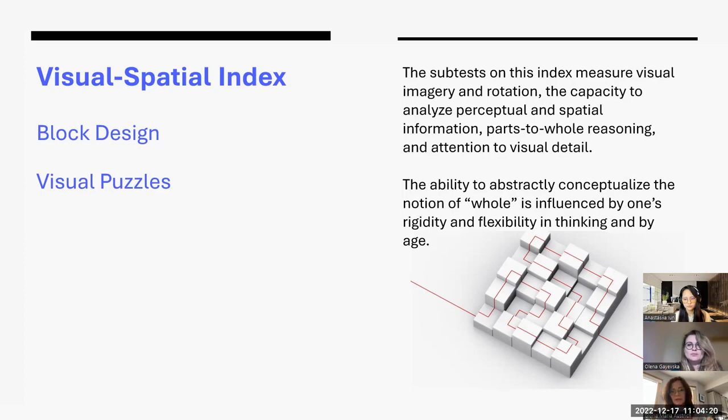But as the items progress, the lines disappear. So it's just a puzzle without the lines in the middle. And then the individual pieces underneath are going to be rotated a certain way. And so this is really tapping into that ability, that flexibility, to be able to rotate an image in their head. So this is one of my favorite subjects, but it really gives you a lot of information.